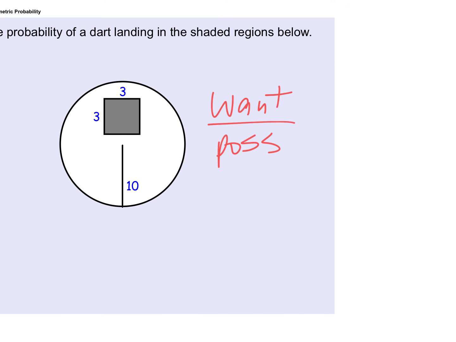It's what you want over what's possible. What I want is to hit the square, and that's 9. What's possible? Pi r squared, that's pi times 10 squared, that's pi times 100. So I'd go in my calculator and go 9 divided by parentheses 100 times pi. And the parentheses, and I get